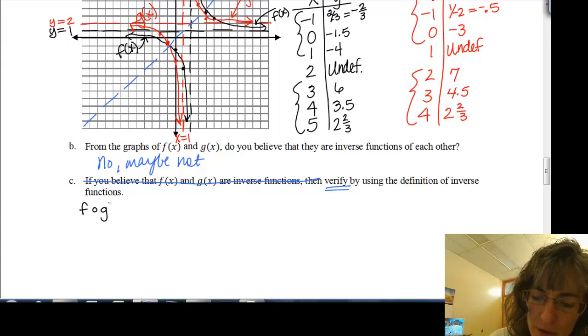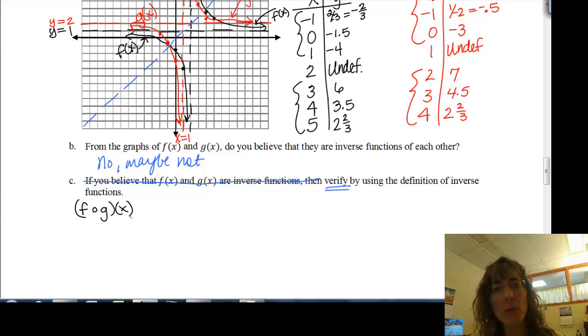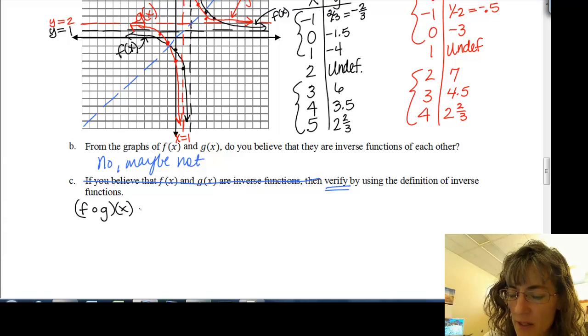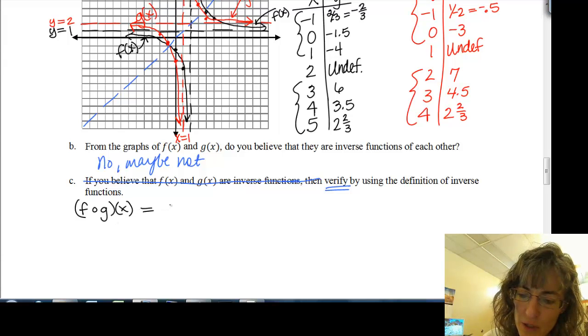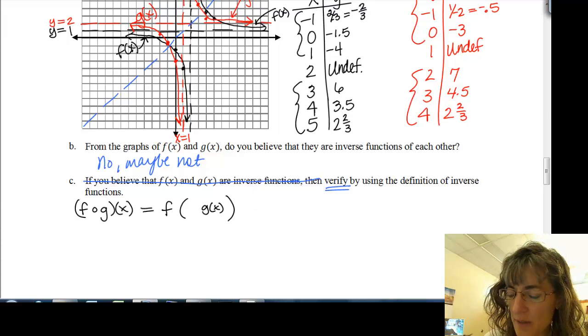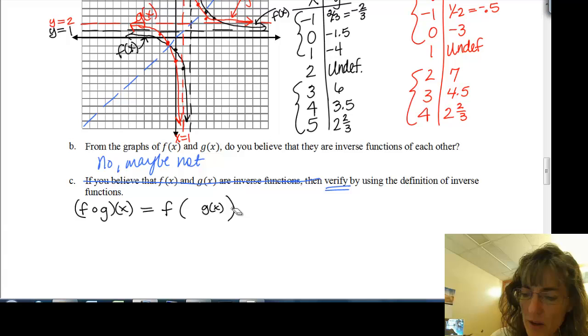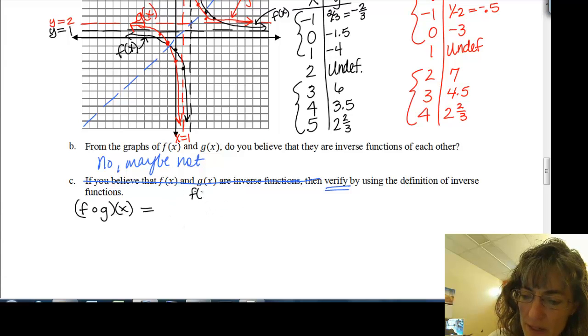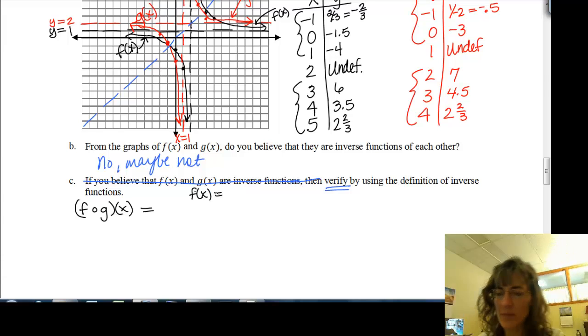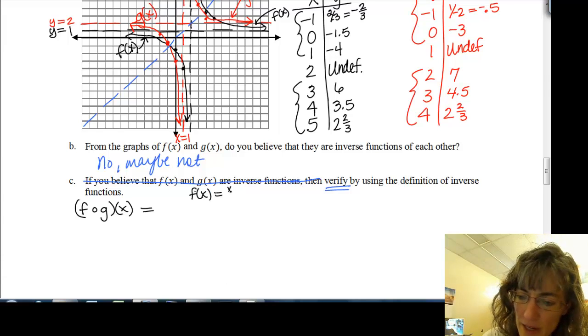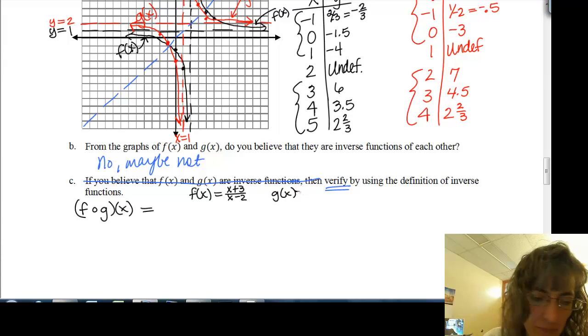First thing, remember, we need to do f of g of x, and we're expecting that to come out to x. And so to do that, I need to do f of g of x, and I think before I even write that, I want to write what my f of x is, because it's a fraction. x plus 3 over x minus 2, and my g of x